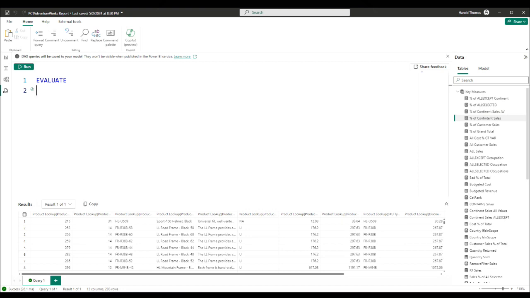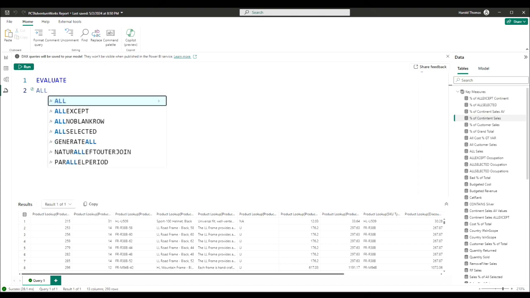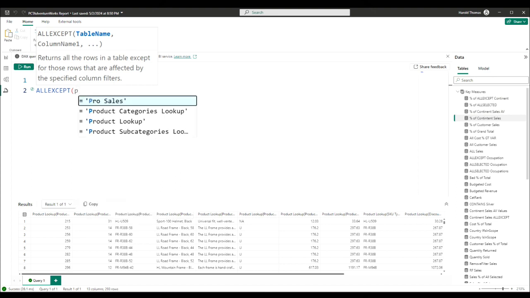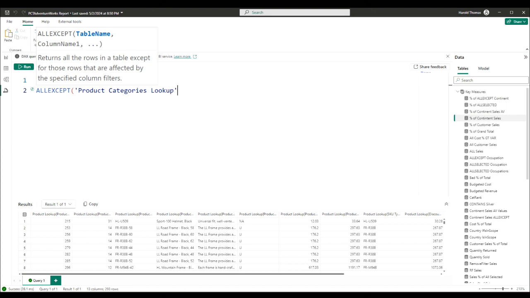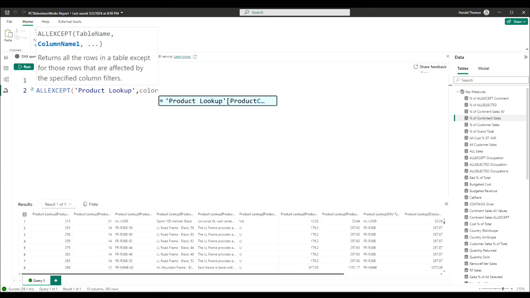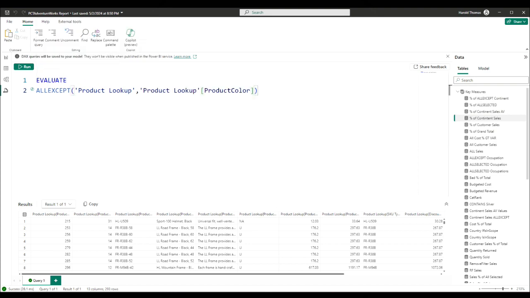So here we are in DAX query view. To use ALLEXCEPT as a table expression, I could say ALLEXCEPT. By the way, I'm using the AdventureWorks database. There's a link in my description to it in my GitHub repository. I just want to choose a table, choose ProductLookup. The other mandatory one is a column, which has to be from the same table. Let's say Color. Close that. When I run,